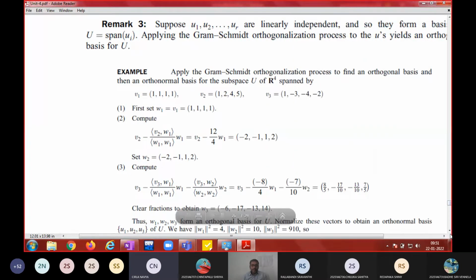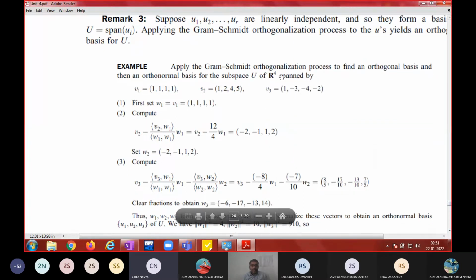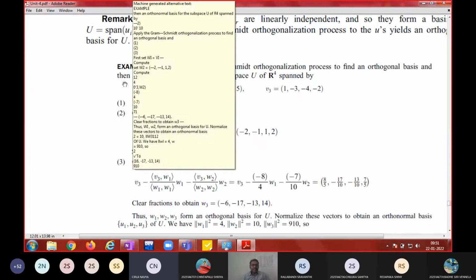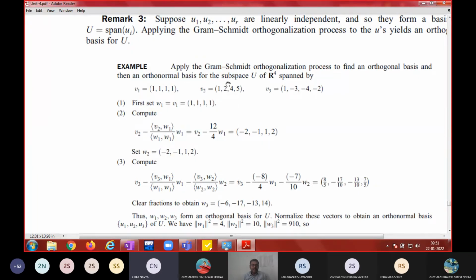Okay, so what is the question? Apply the Gram-Schmidt orthogonalization process to find an orthogonal basis and an orthonormal basis for a subspace spanned by these vectors. You can verify that these three are linearly independent, and once they are linearly independent, you can start